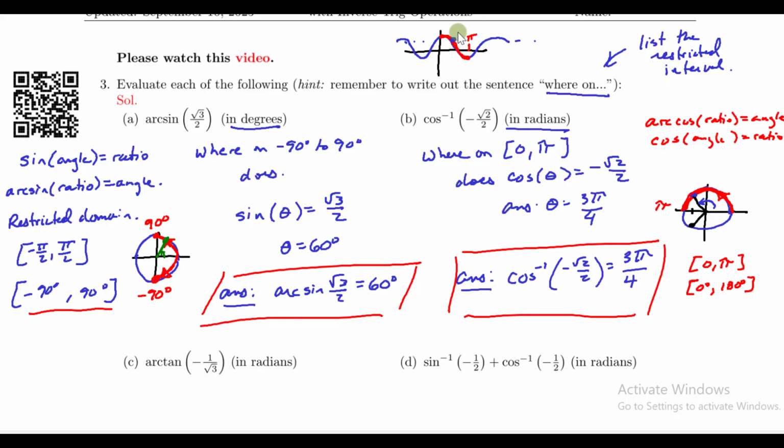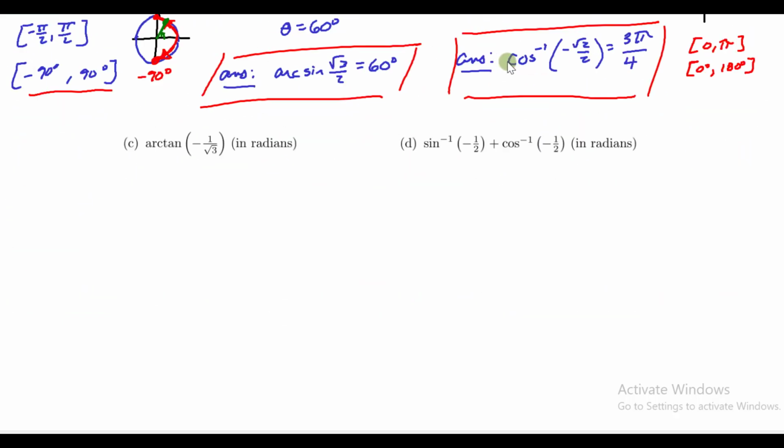Okay, let's try this again. Down here, we've got the arctangent of minus 1 over the square root of 3. And so, again, we have a restricted interval. For arctangent, or for tangent, we restrict to the interval minus pi over 2 to pi over 2. And the way we think about that is if we were to go look at the graph of our tangent function,